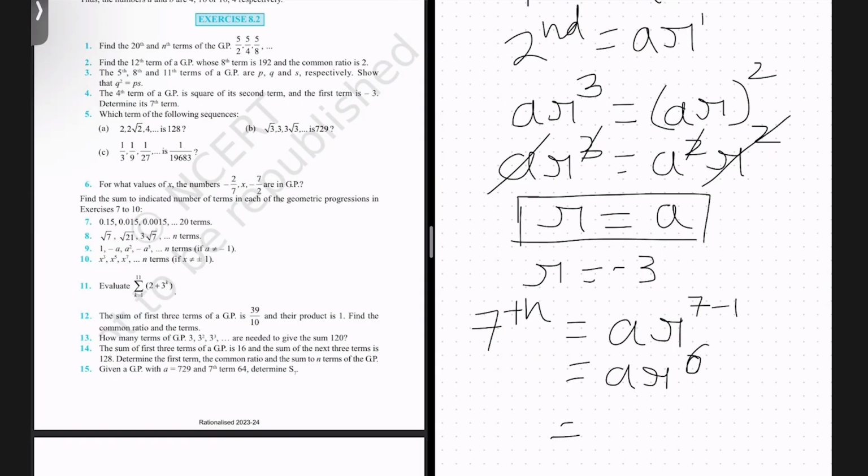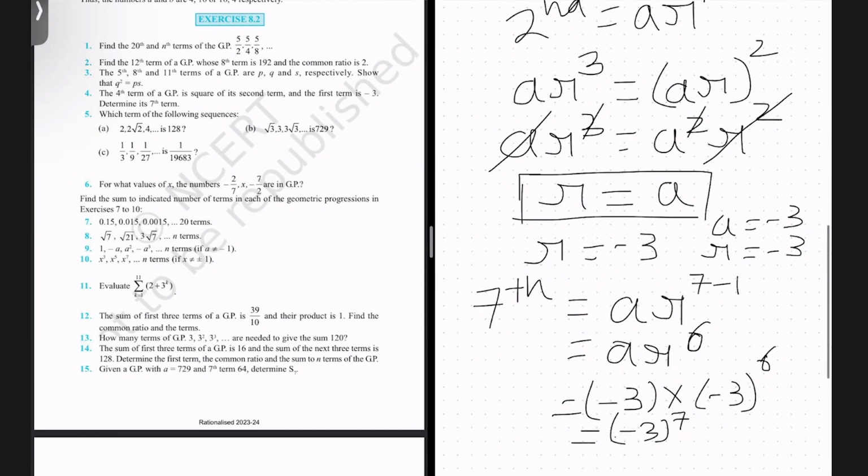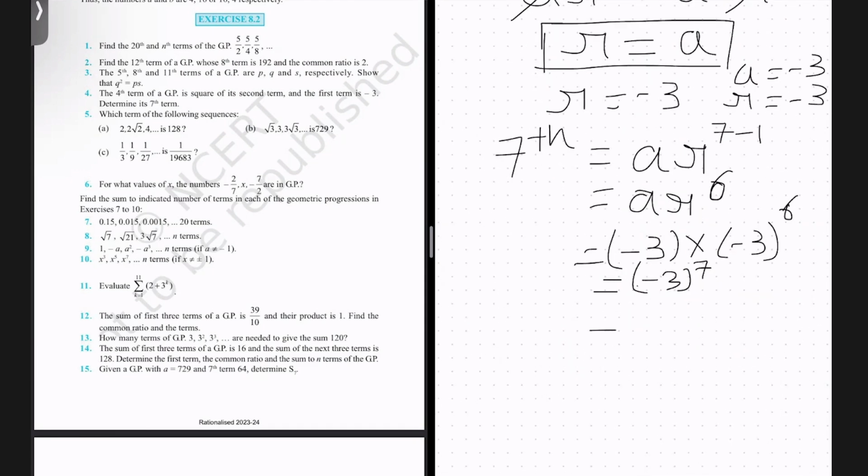So we now have the value of A, which is minus 3. We now have the value of R also, which is also going to be minus 3. So plugging the values here into the equation, you get minus 3 into minus 3 raised to the power 6. You can add these powers up, and that is going to give you minus 3 raised to the power 7. When you finally calculate this, the final answer that you're going to arrive at is